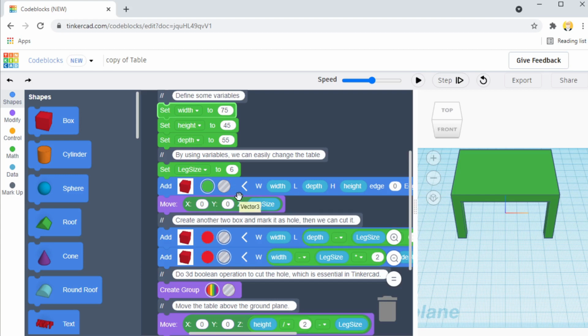When students do this, they will start to understand how things change by changing the variable, and they will get an understanding of programming, because variables are the building block of any programming language. Once they understand how variables change the design, they are basically becoming programmers. This was a very simple example, but there are more complex examples available, and I might make another tutorial or two about Tinkercad in the future.